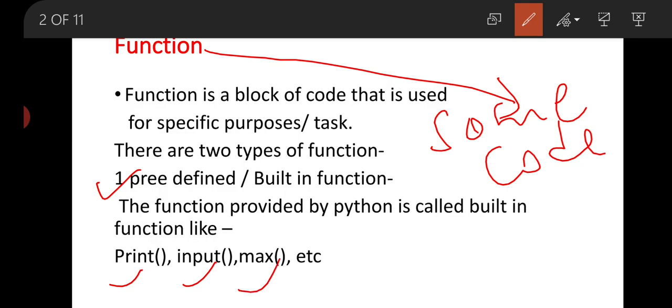The third one is the max function, which finds the maximum of a list, tuple, etc. In the next class we will discuss functions in detail, but here just understand what a function is and what the use of a function is. One important point: a function is reusable in any program. That means if you define a function once, then you can use that function frequently.